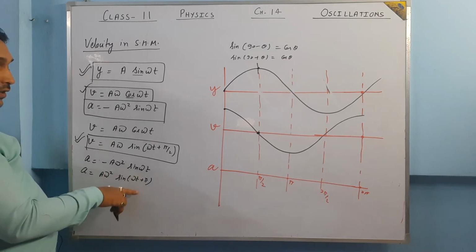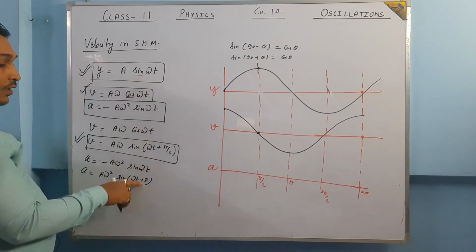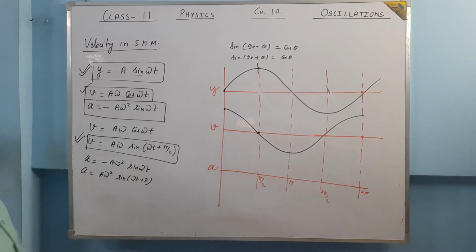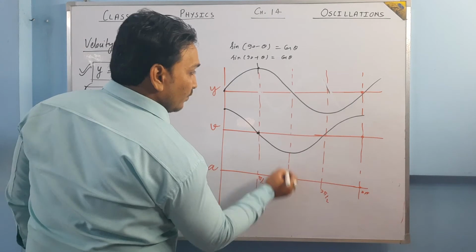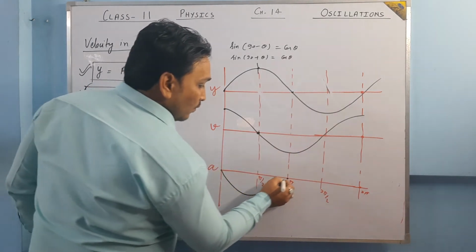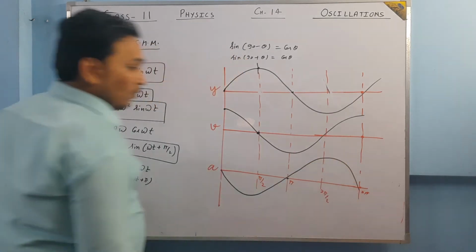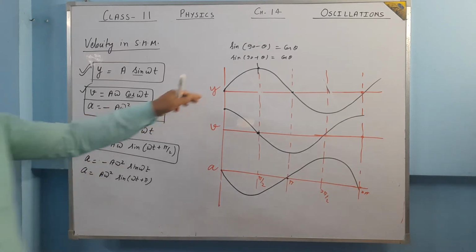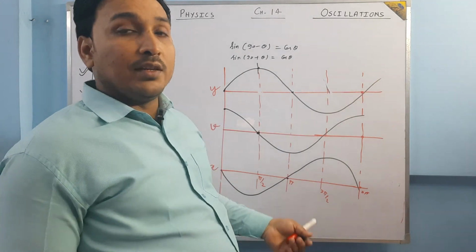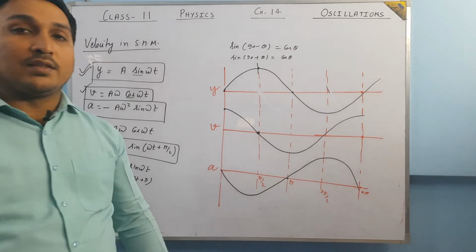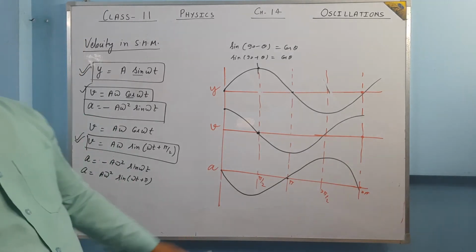Now what is the phase difference? With the displacement it is pi, with the velocity it is pi by 2. So from here the graph will start. From pi it will start, means from here it will start. So the graph goes like this. Just see, minus sine omega t. If the sine theta graph is this one, then the minus sine theta graph will be just a mirror image of that. So this is the graph of acceleration.